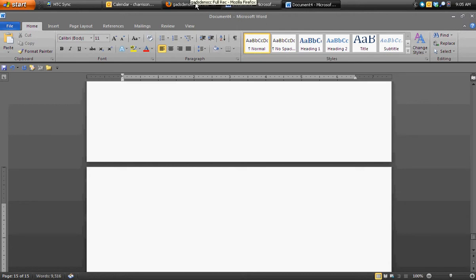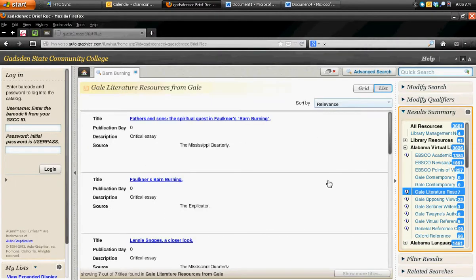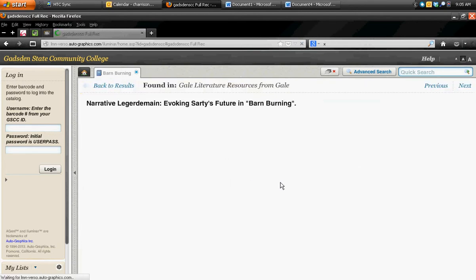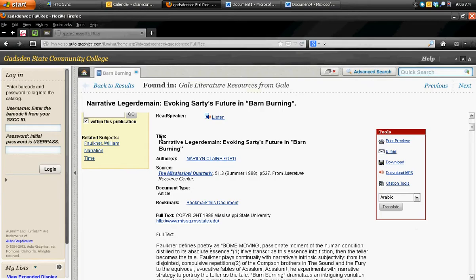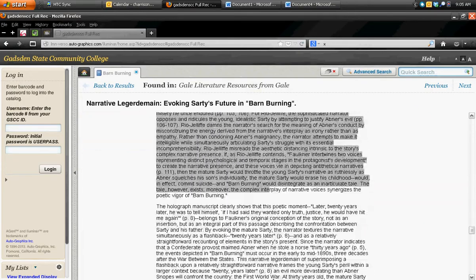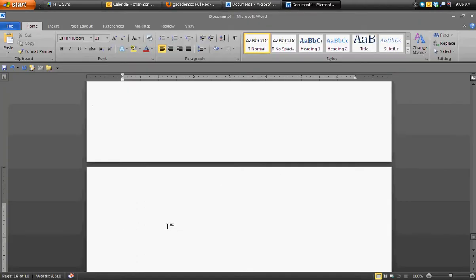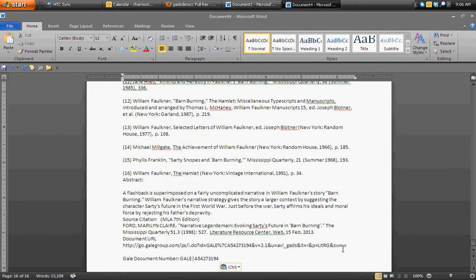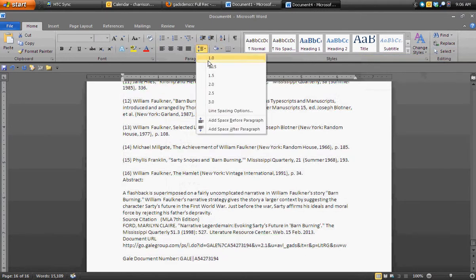And notice what I do here is I'll just save this one, go back to my results. Let's scoop down and take a look at this one. This one will come up. And I'm going to do the same thing. I may skim it a little bit just to make sure I want it. But again, cut and paste the whole thing. Again, all my citation information stays with it. I make sure that I keep that. Print it up. And so I'll do this with however many articles I end up needing.